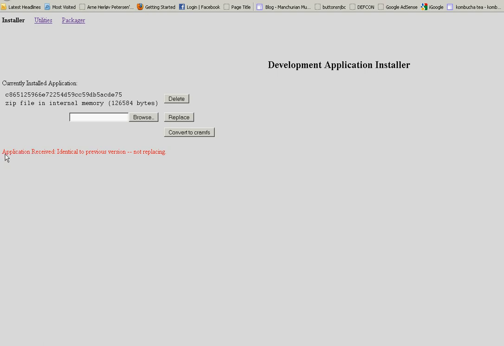Okay, here on this one it says application received identical to previous version, not replacing. And that's alright because I've already got it into the box. Yours will not say this because you're putting yours in for the first time. Okay, you have your device now loaded with the file,